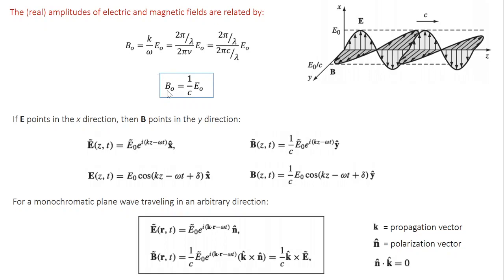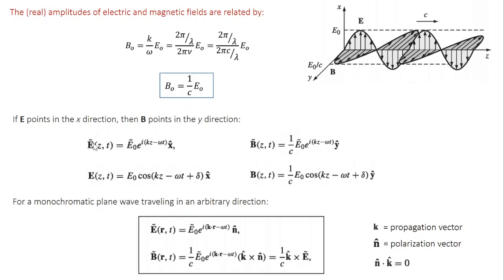So this gives a complete picture of the electromagnetic wave. So now we know that if the wave is traveling in the plus z direction, then you can say the electric field points in the x direction, consequently the magnetic field points in the y direction. In other words, electric field, magnetic field and the propagation direction, these three constitute a right-hand system.